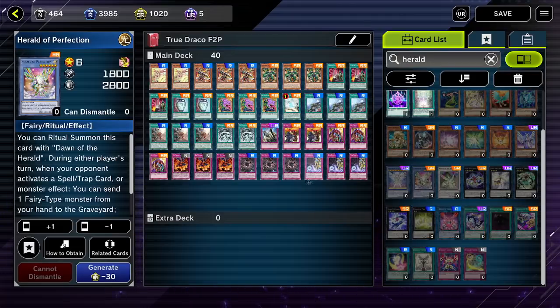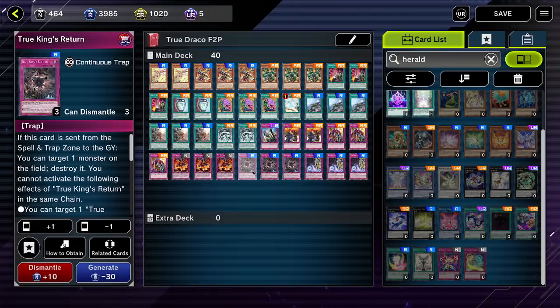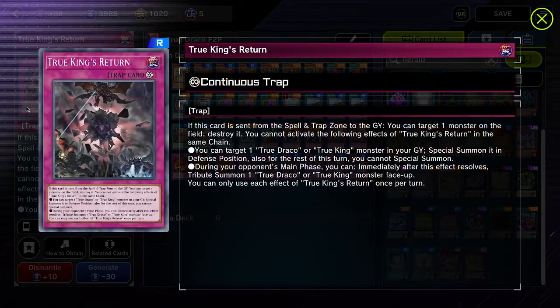So that's why you want to max it on the traps, because that interaction is really, really powerful. It has another effect. You target 1 True Draco or True King monster in your graveyard and special summon it in defense position. And then the final effect is during your opponent's main phase, immediately after this effect resolves, you can tribute summon 1 True Draco. So what you can normally do is you activate that effect to tribute. You tribute over this trap card, you summon one of your monsters in your hand,